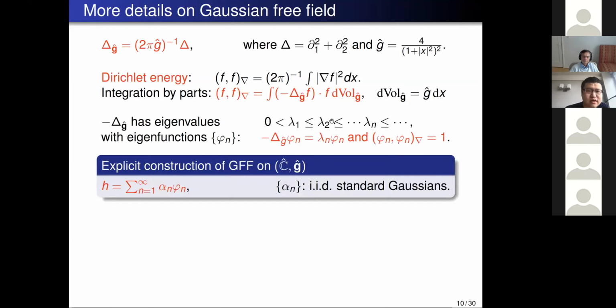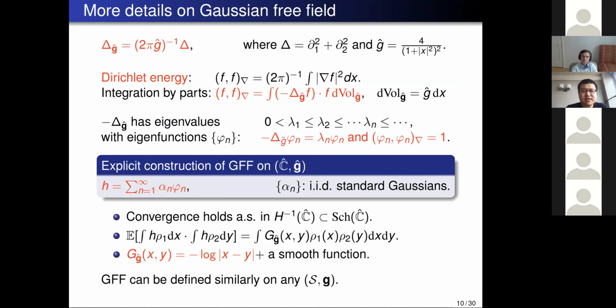So then this Gaussian free field has the following explicit construction. Because of this formula, we know that the Laplacian operator has positive eigenvalues, except 0, which has eigenfunction constant. And then we consider all the eigenfunctions which are not constant. And then we just take this sum. So here are a few comments. First, this sum converges almost surely in the Schwartz distribution space. And more precisely, it actually converges in the